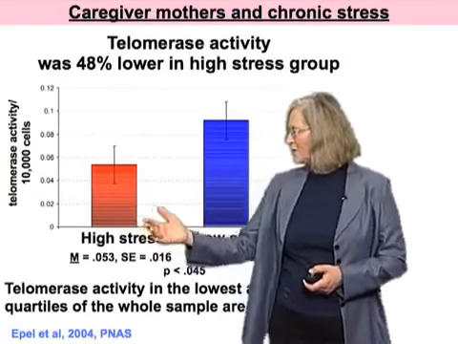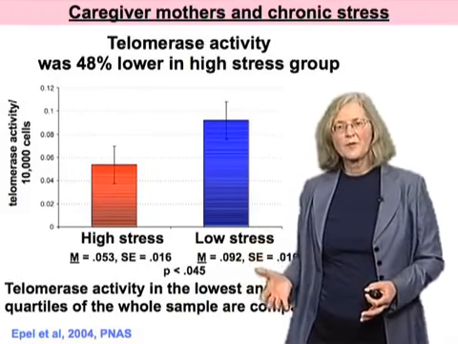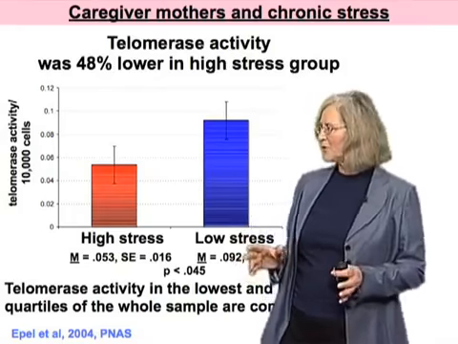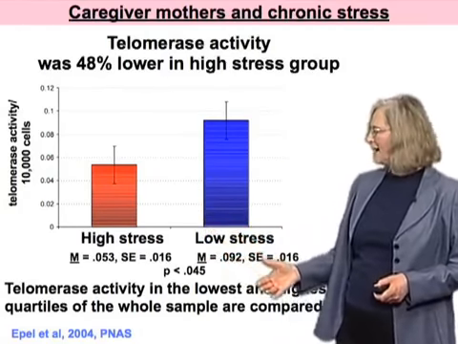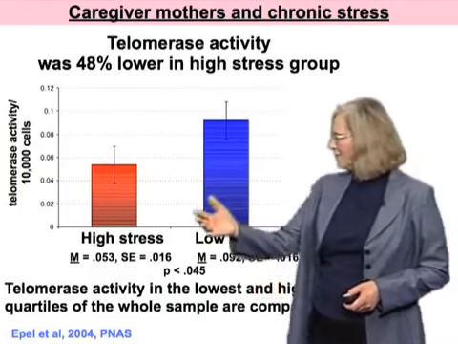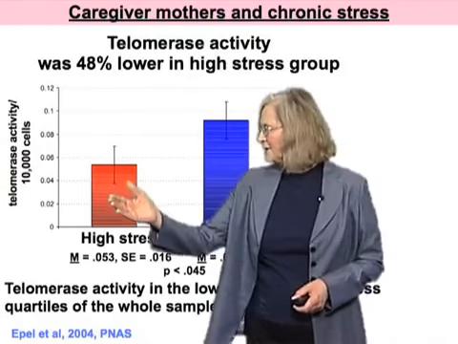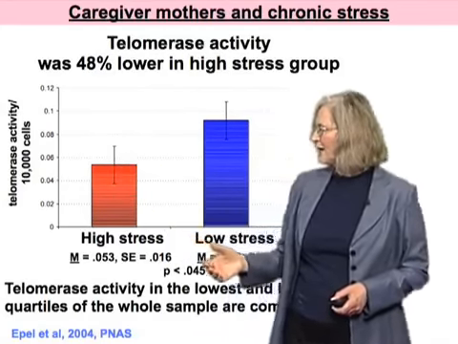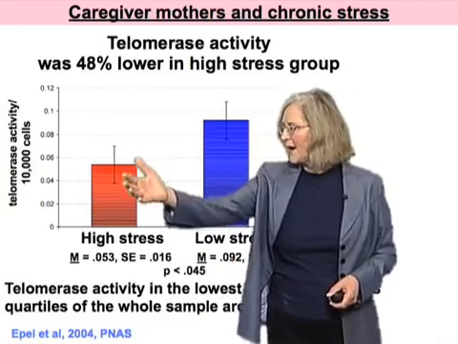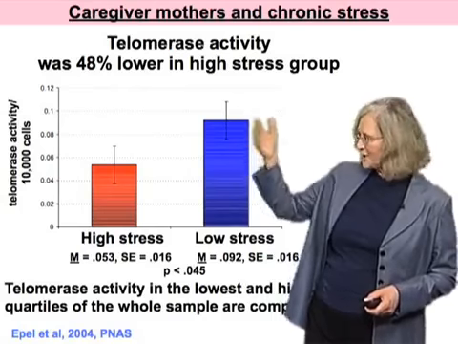So this, just to show you a couple of samples of data. Here's the high stress quartile, and this was corrected very carefully against all sorts of other parameters in this very well controlled group, and these relationships didn't go away. Here, for example, are the data compared for the high stress and the low stress quartiles, and you can see here's the average and here's the range for the high stress quartile, and there's less telomerase, about half the amount of telomerase on average as there is in the low stress quartile.